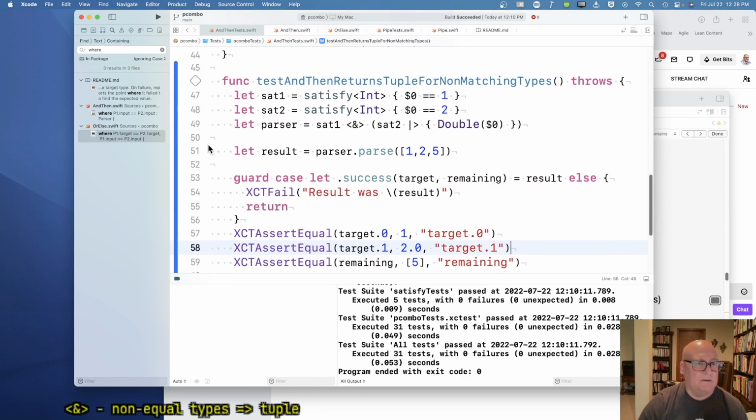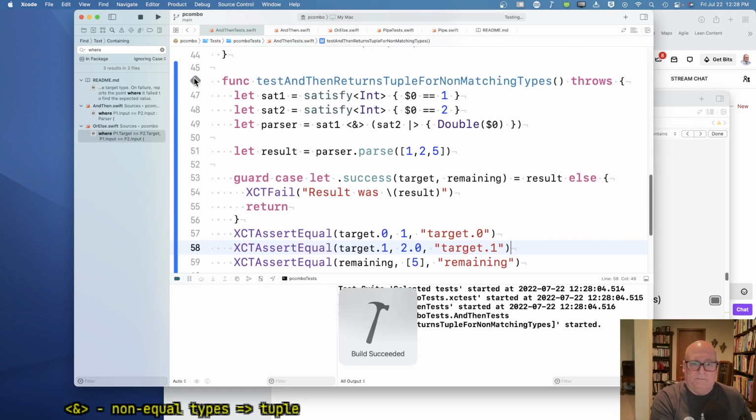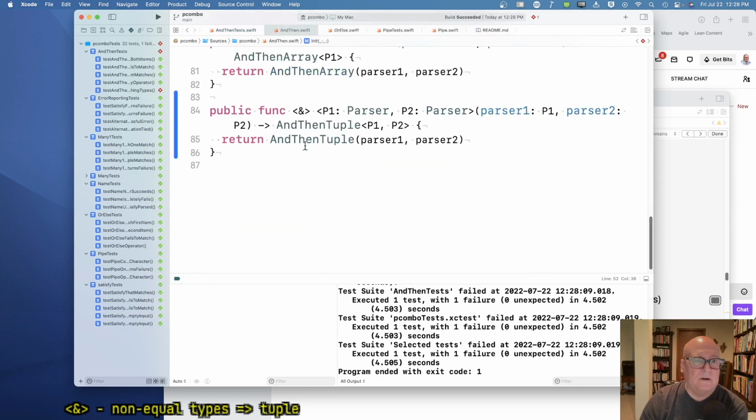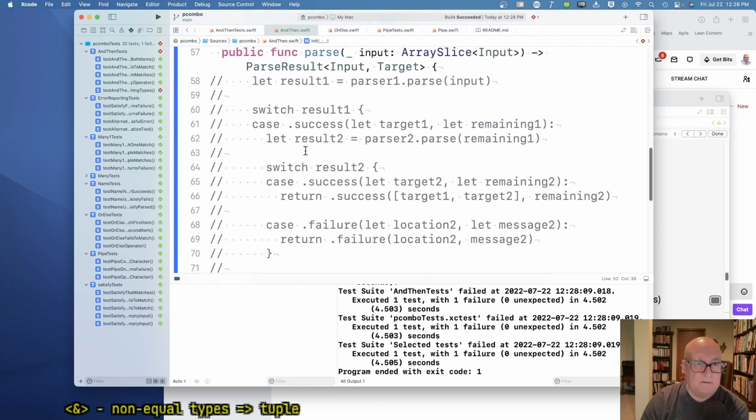Good, it compiles. Okay, we got one message. Yeah, so that's something. All right. Now let's